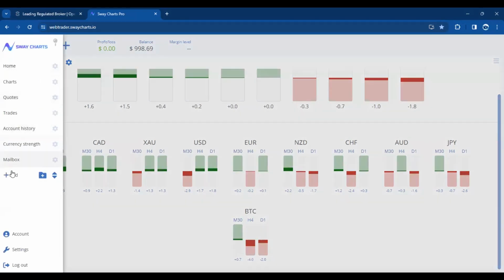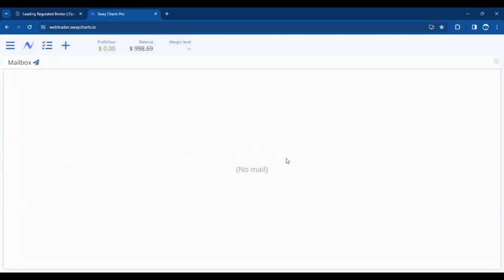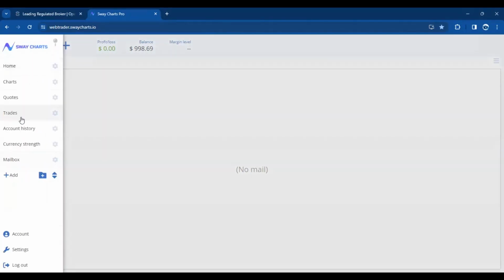So the other one here, you have your mailbox. If there is any message, I believe this will be messages about updates and upgrades. You would find it right in your mailbox in the Sway chat platform. And let's go all the way to,